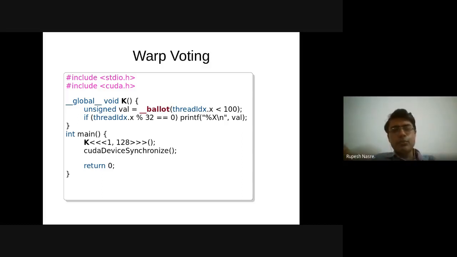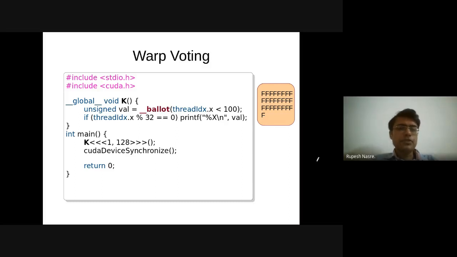So the least significant bit is going to be for thread number 96, and therefore the output will be, okay, the reverse. So it will just print a single F. It will not print the zeros because the leading zeros are truncated.